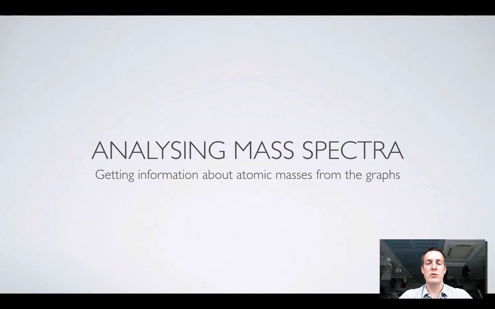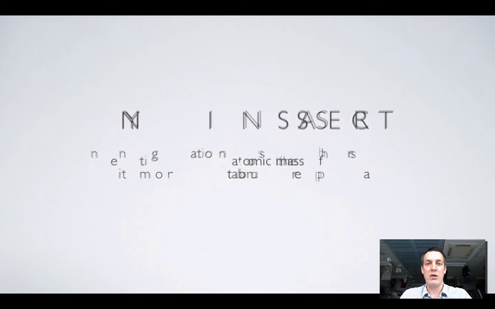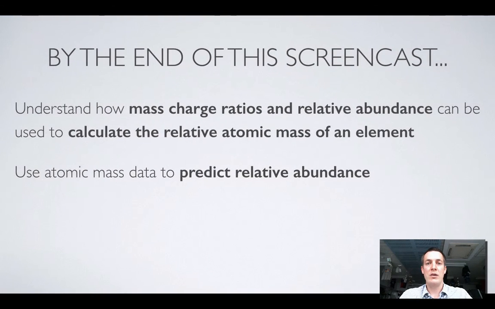Hello and welcome to this film which concerns itself with the analysis of mass spectra. So hopefully you've just seen the film about how a mass spectrometer works. Now that we know how a mass spectrometer is producing these graphs, or this information that it outputs, we're going to use the data from a mass spectrometer to try and find out about the relative abundance of isotopes and also to calculate the relative atomic mass of an element, that is to say the average mass